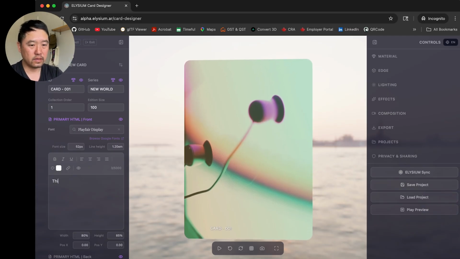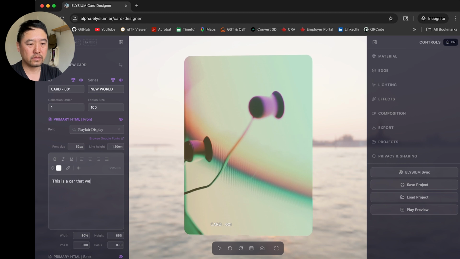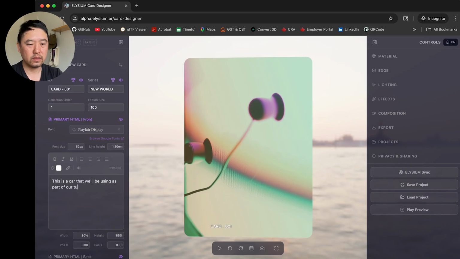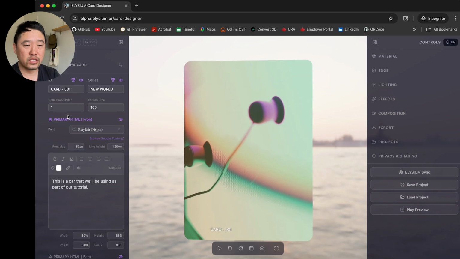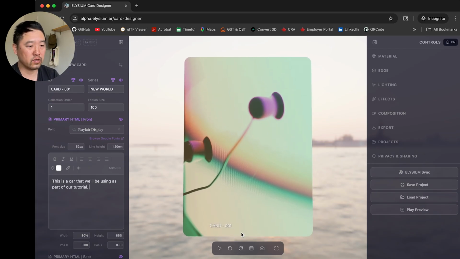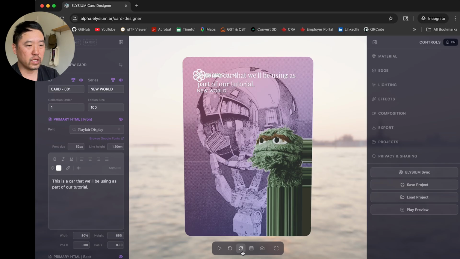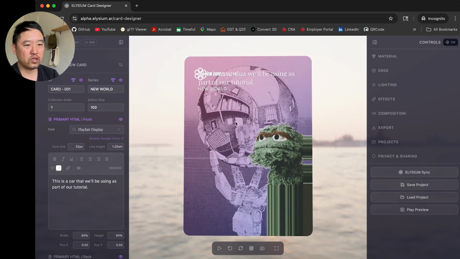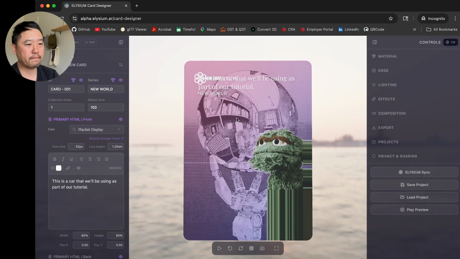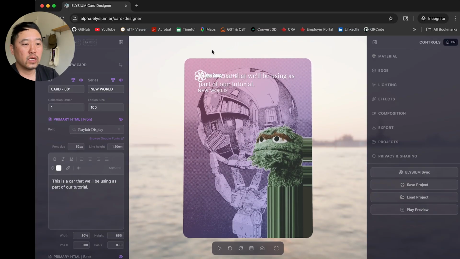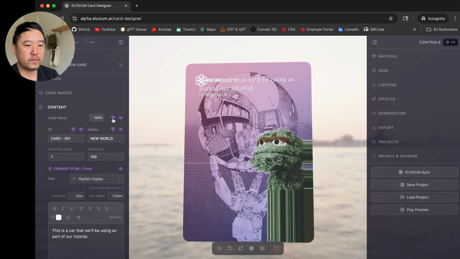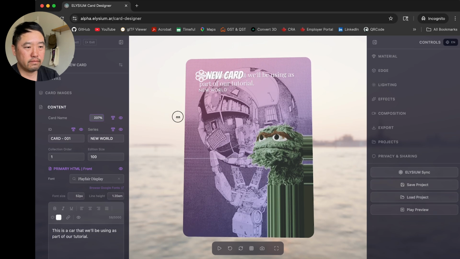It's not showing up here because this is actually on the front face, and what we're seeing here is the back face. So we just got to come here, switch that out, and you'll see now the text is being rendered, and it's all kind of mushed up together because this is where everything is rendered, on top of each other. So remember, we can actually change the size of the card name, right?